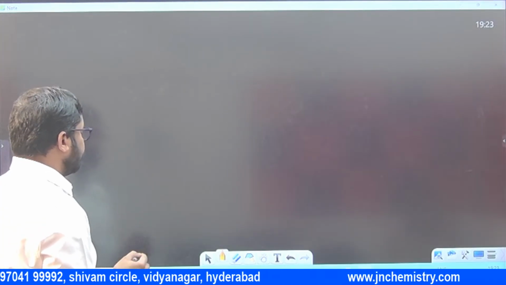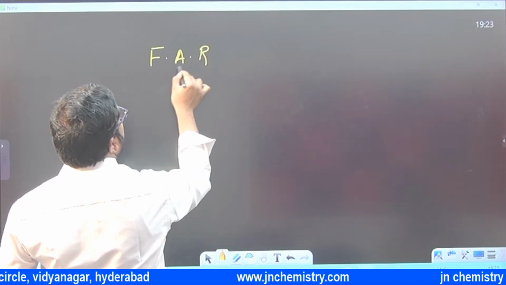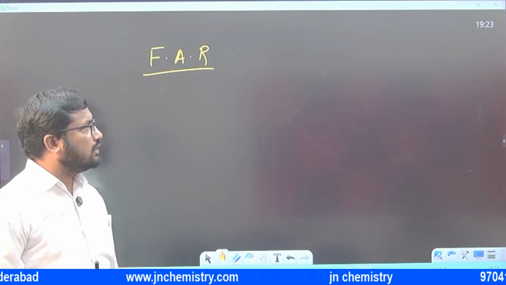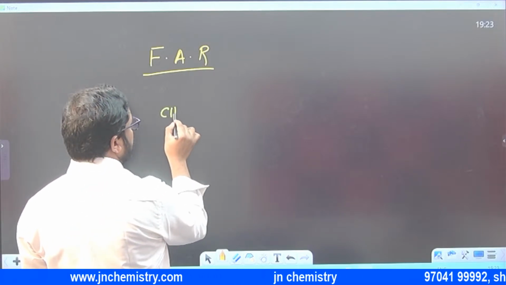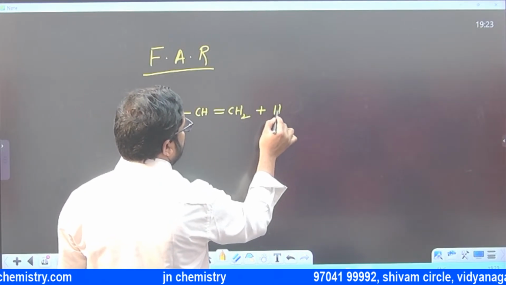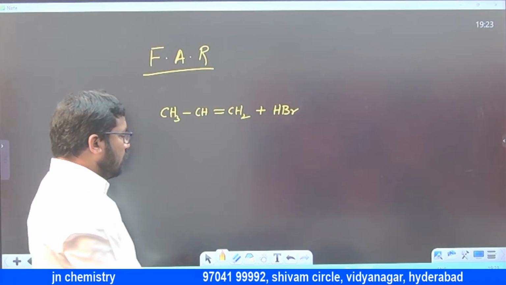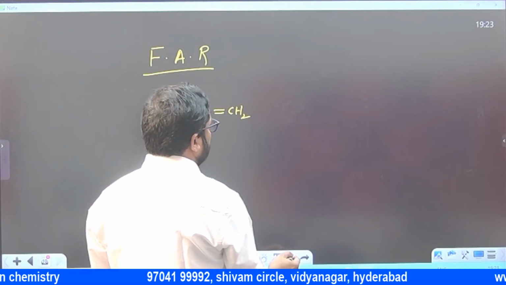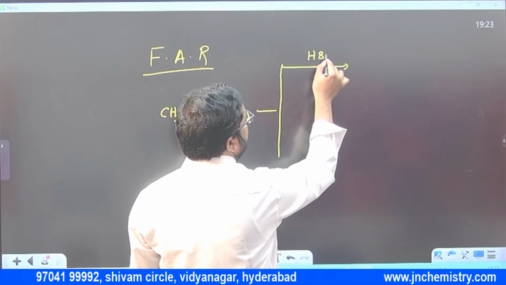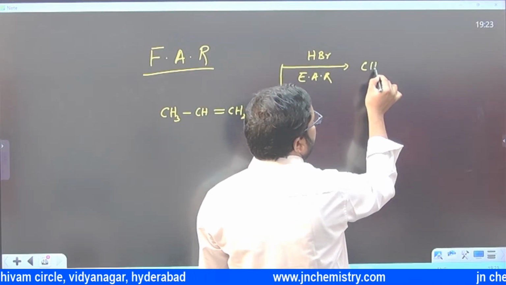Next, free radical addition reactions. In free radical addition reactions, HBr will do one thing, without peroxide and with peroxide. HBr without peroxide is an electrophilic addition reaction. So we know that here the major product will be